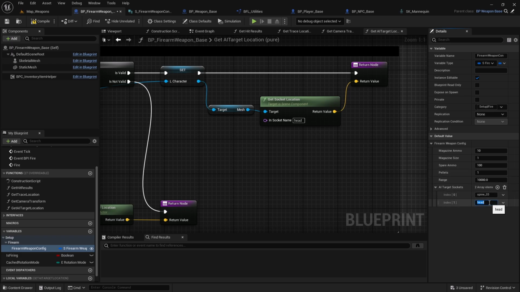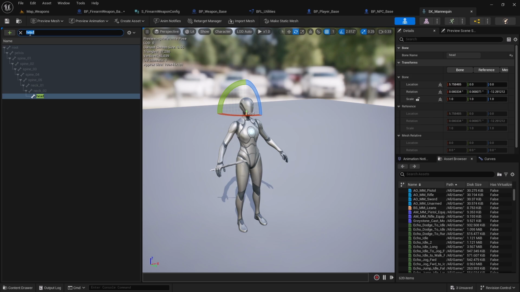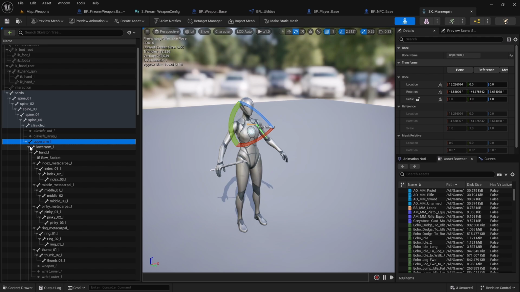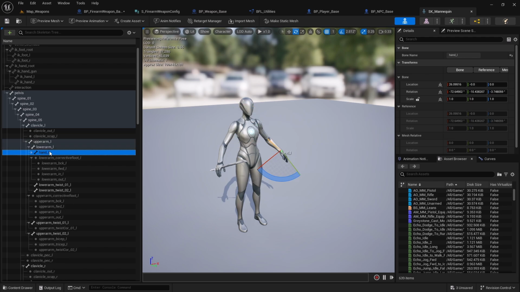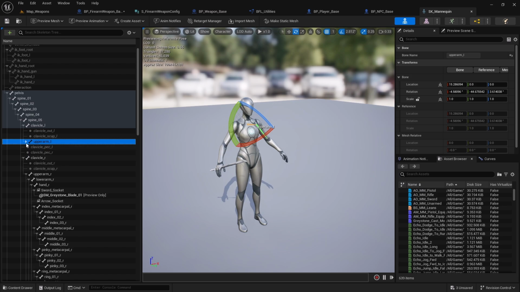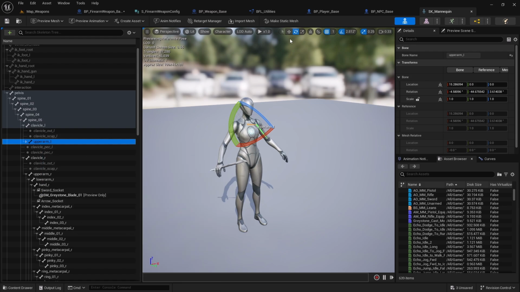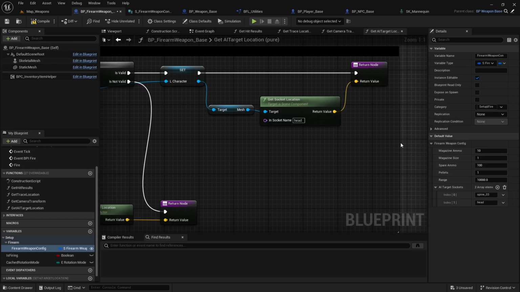So for now I will add head as well, and maybe we can attack the arms as well. So maybe we have this upper arm L and upper arm R, so let's add those sockets as well. Upper arm L, upper arm R,